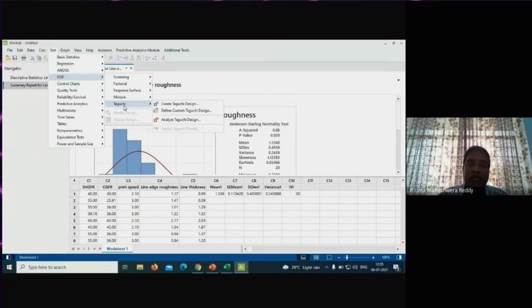For example, you take any manufacturing process, and the signal is something like control factors. You can control them, the manufacturer can control them. And noise factors are uncontrollable factors, not possible to control. If you want to control them, it requires some amount of money and time. It involves money and time. Now you need to identify noise factors.